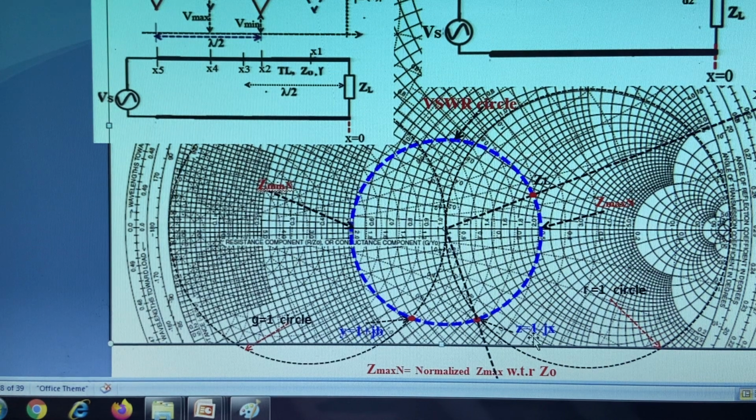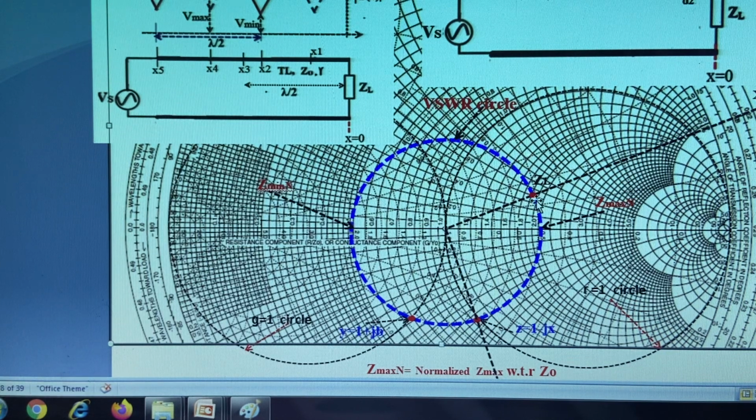There the impedance is equal to 1 minus jx, or if it is okay, you can again come across that. So first we will be seeing this here, as we move in the clockwise direction, here it intersects the R is equal to 1 circle. So the impedance here is of the 1 minus jx form. So we can find out the distance of this from the load point ZL.